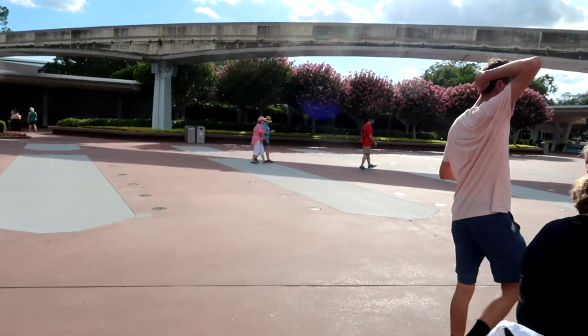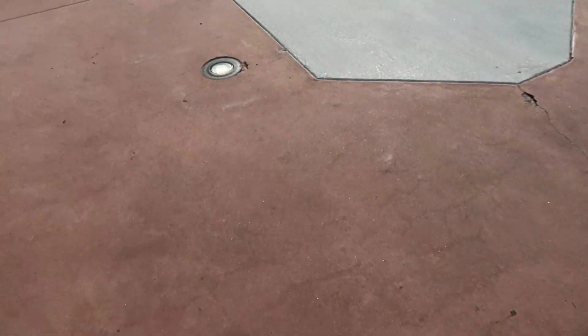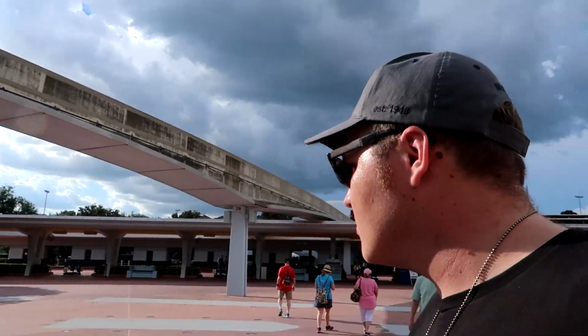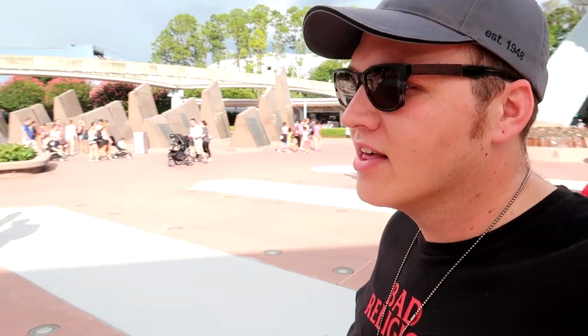And look at this. This is just so strange. The lights are still here, and you can see where the legacies were before, but they're gone. I don't understand. Where did they go? Where do you put those things? They're massive pieces of granite. And that's intense. Like, this is so strange. I've been coming to the parks for 25 years, and there's so much